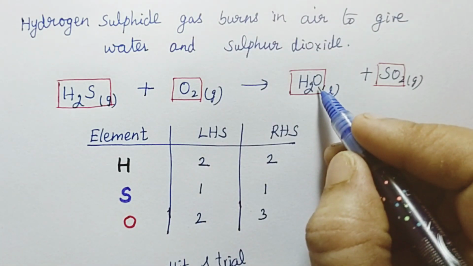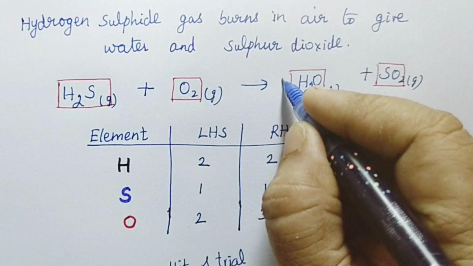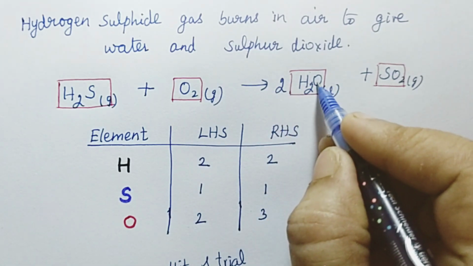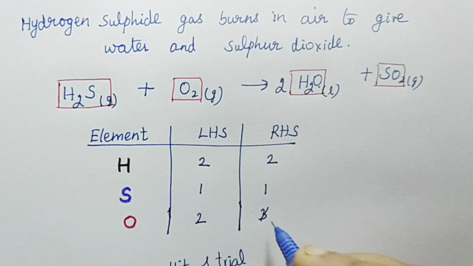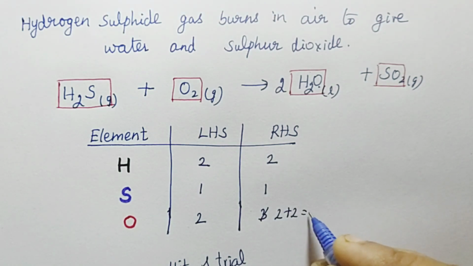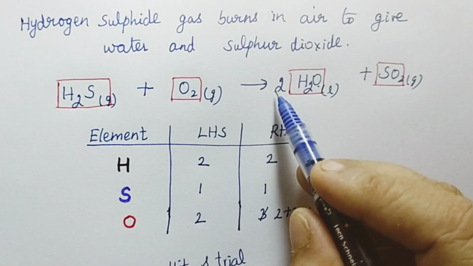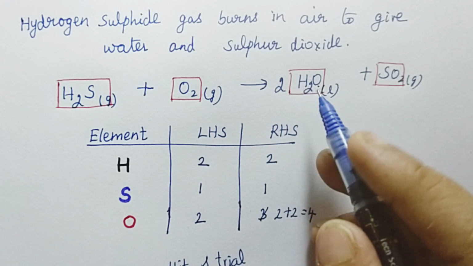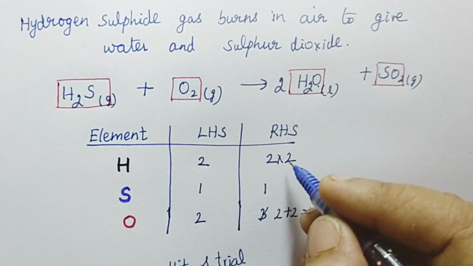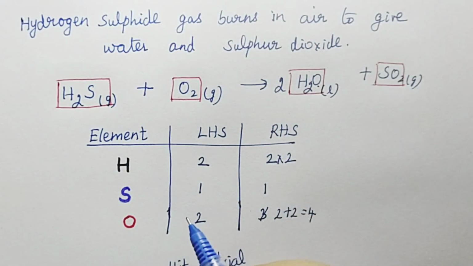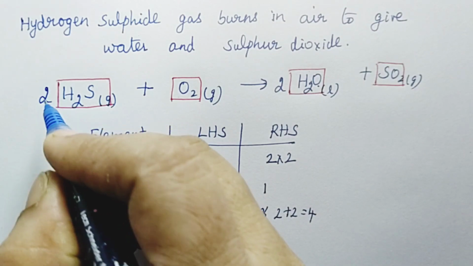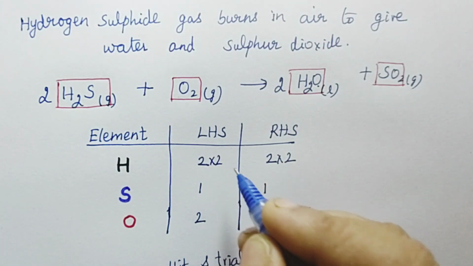So in this place it is 1. So if I write here 2, that odd number 1 will change into even. So here 2 oxygens, here 2 oxygen. So we can cancel it and write the new one, 2 plus 2, 4. So the 2 is common for hydrogen and oxygen. So now hydrogen also changed into 2 into 2, 4 in the RHS. So accordingly we want to change in the LHS also. So in the LHS, now here 2 hydrogens. So in front, if we write 2, it will become 4.